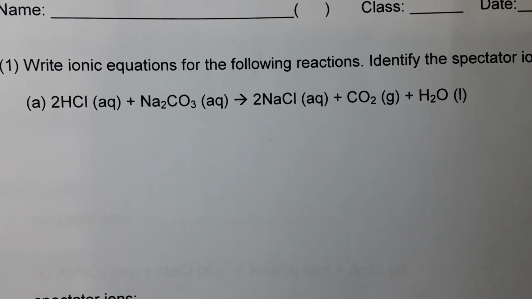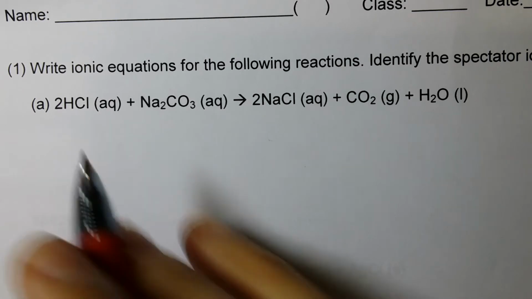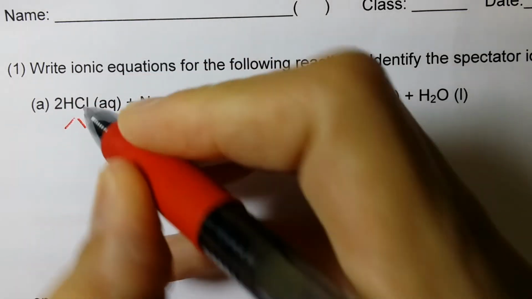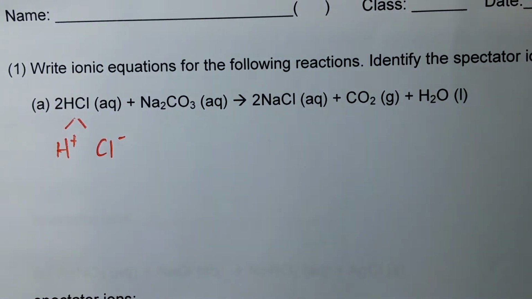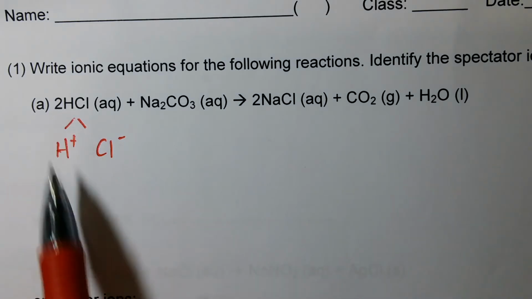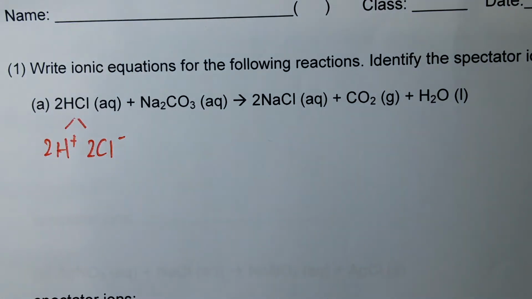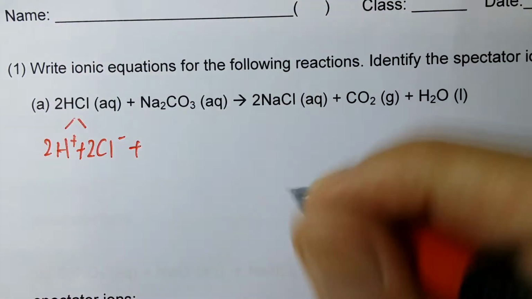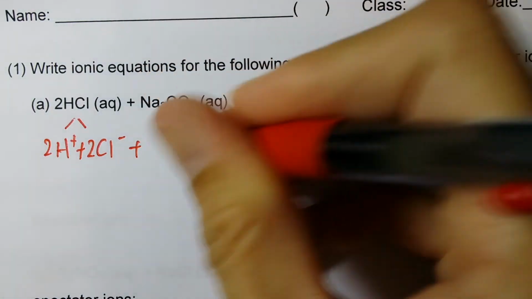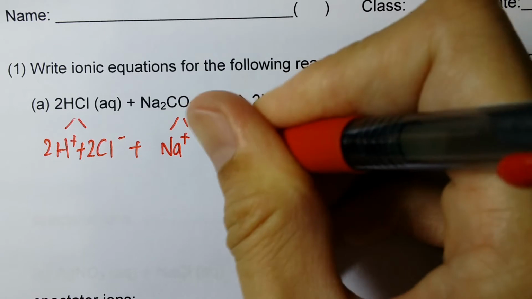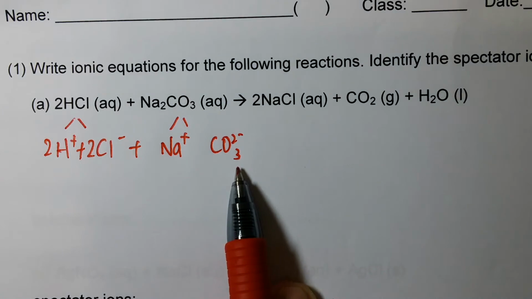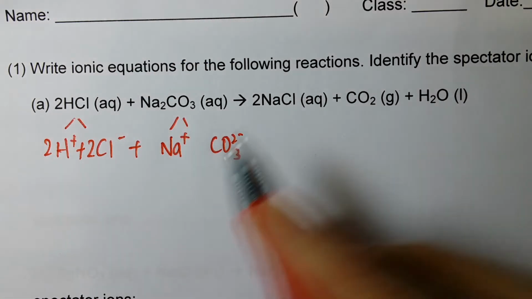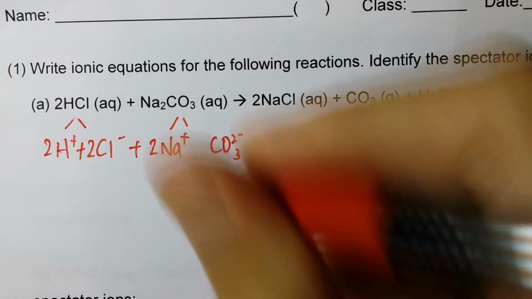So in this case, we have 2HCl. HCl split will become H+ and Cl−. But since there is a 2 in front, there should be 2H+ and 2Cl−. And likewise for sodium carbonate, it splits to become Na+ and CO3 2−. This is the formula for the carbonate ion. Okay, and the 2 here means 2 Na+,